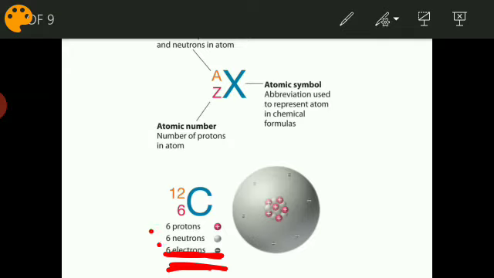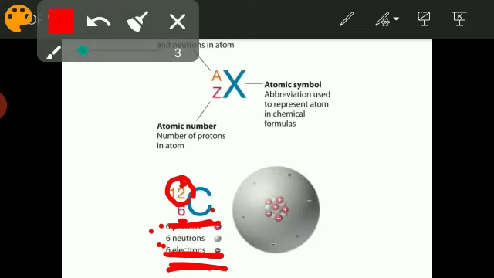So what should be the nuclear symbol of a carbon nucleus? It should be C, the chemical formula for carbon. And the bottom number should be the number of protons, which is 6. And the number written here at the top position is the sum of the number of protons and neutrons. That is 6 plus 6. So this is the mass number, which is 12, the sum of the number of protons and neutrons. So this is the nuclear symbol for carbon.